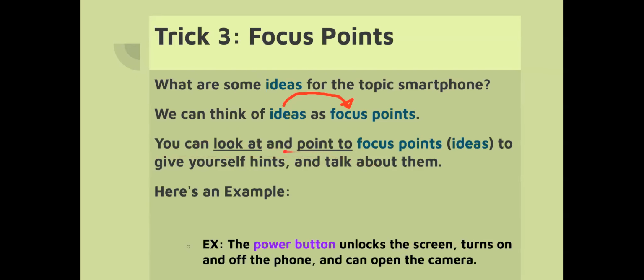So a focus point is something that we can look at and point to. It's a kind of idea, and these give us hints to talk about our presentation, right? So for example,